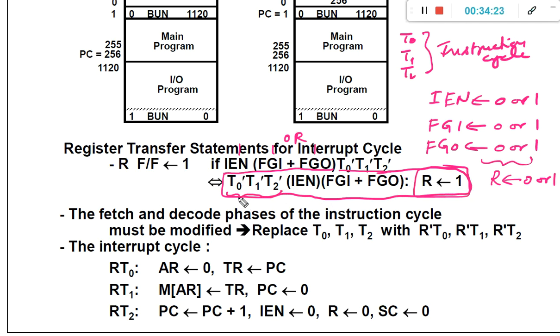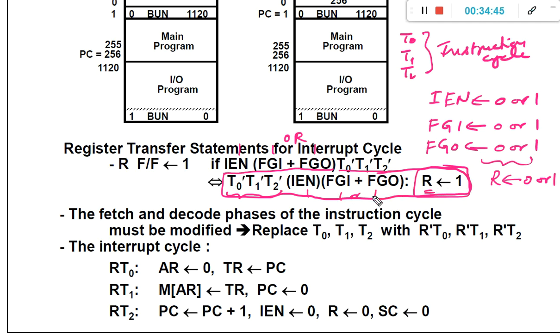What does it mean? Outside the T0, T1, T2 clock cycles, if the IEN value is 1 and either the FGI value or the FGO value is 1, then set the value 1 to R.